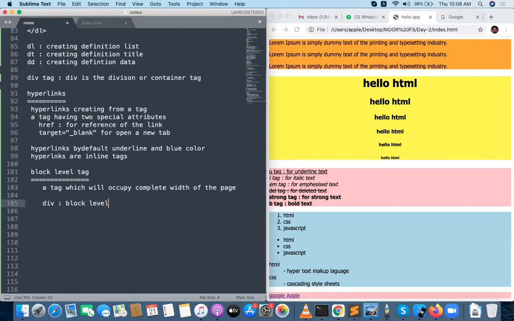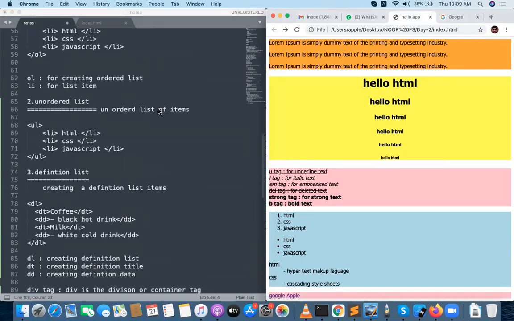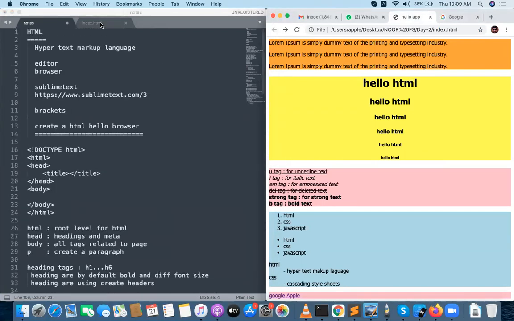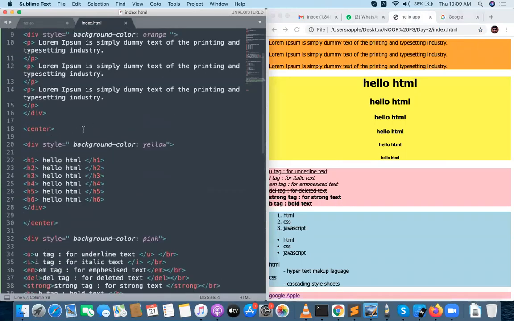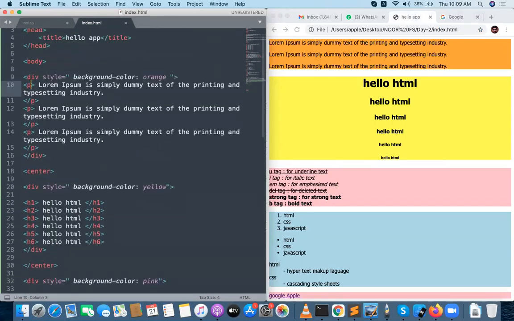And paragraph is block level. Paragraph occupies the complete width of the page, right? If you want to see, can I show whether a paragraph is block level or not? Okay, let me go to the paragraph and give some style, background white.